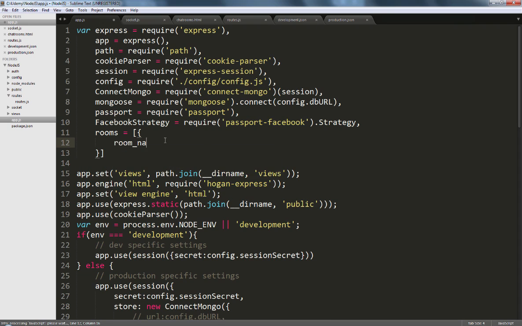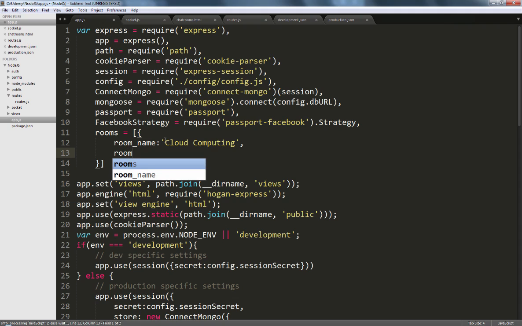So it'll have a key called room name, and let's just say that the name of the room is cloud computing. So this would be one room where all the participants are chatting about cloud computing. And it would also have a room number, which will be like an identifier, set to a randomly generated number. And this array will hold many such objects, each representing one chat room. So what we're going to do is we're going to get rid of this object,